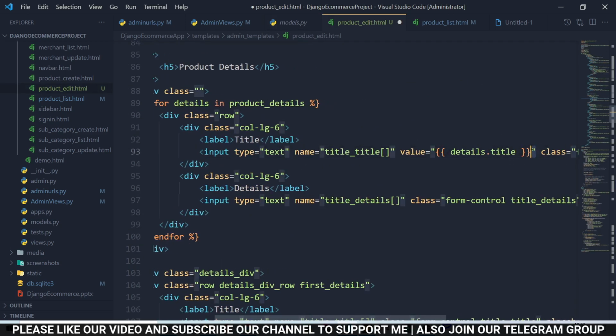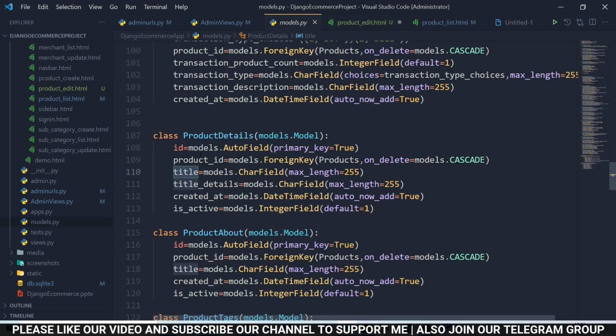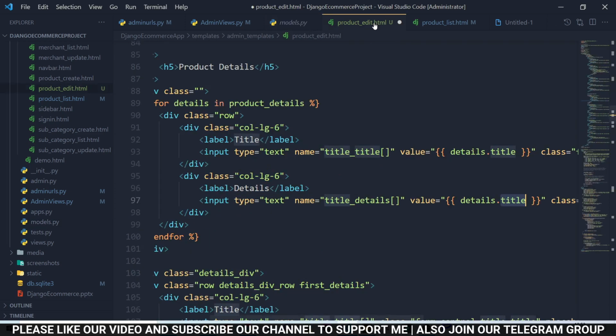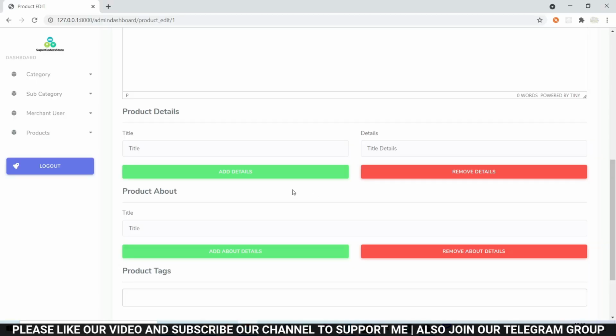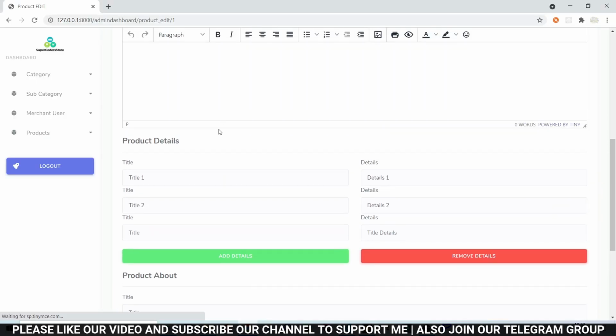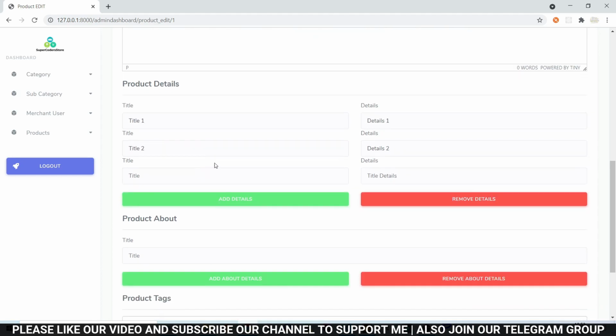After that copy this value and paste it here. Next is product details dot title details. So details dot title details. Save this file, back to Chrome, refresh page, and you can see it is showing product details.